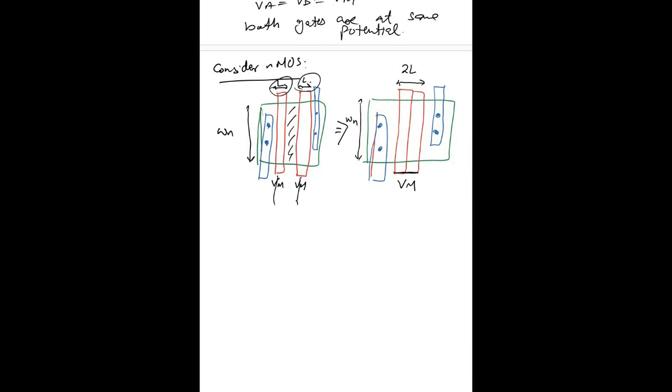We are merging these two gates because the NMOS N plus regions are common. So we are ignoring those N plus regions because they are at the same potential. So we approximate it by an NMOS which has double the channel length, and we can say that the aspect ratio is now Wn by 2L. So the updated aspect ratio is W by 2L, and the equivalent transconductance